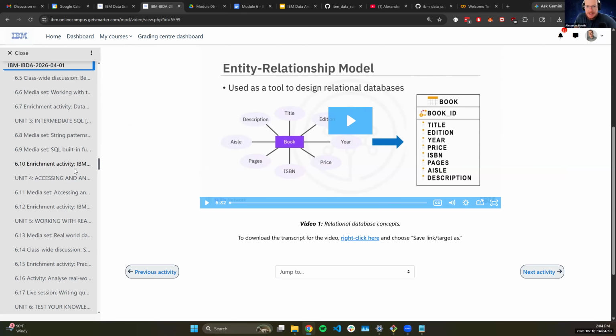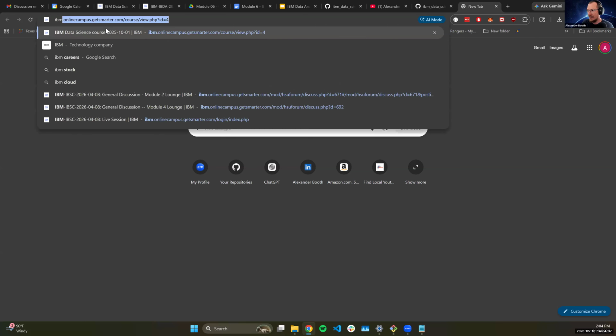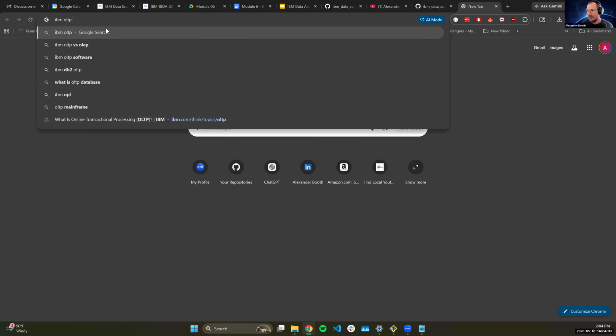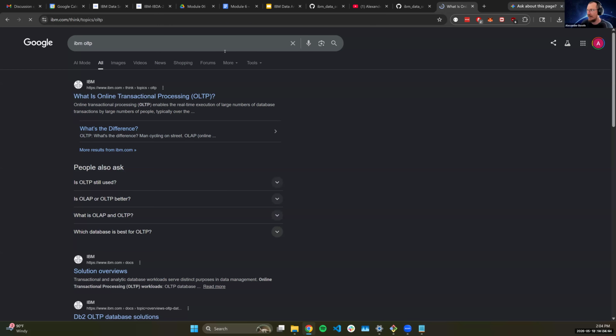All right. So the first thing we want to talk about here is a quick history of relational databases and why they're important. You should already have a framework now of the different types of media sets and labs you'll see in the week: Introduction to SQL, advanced database management systems with MySQL, and then connecting databases to Python with Pandas, which we'll do live here in the second half of the lecture. But first, I want to give you a little bit of a rundown of relational databases and the point of them, as well as a little bit of the history.